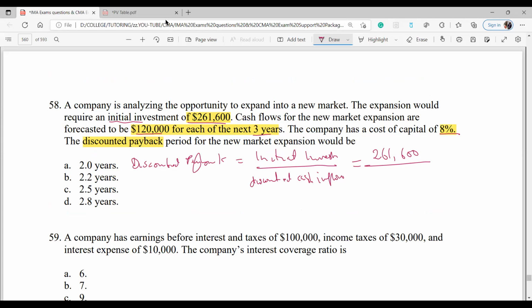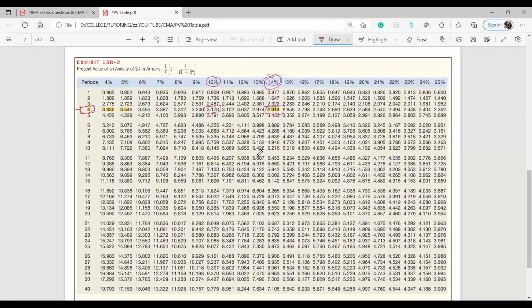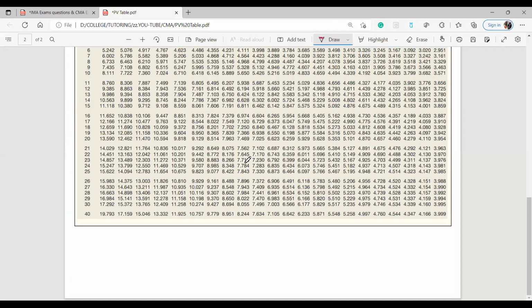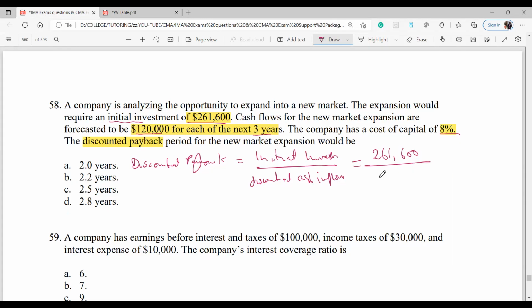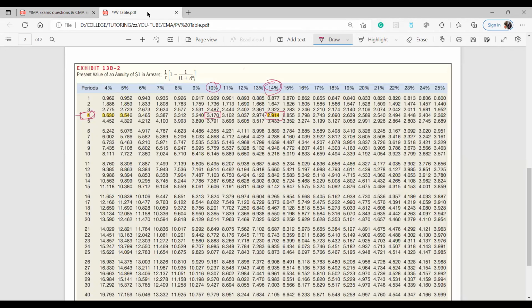So we have a table here, PV table, and PV of annuity. Let's see, so 3 years at 8%. So we are going to have 8% here, and we are going to have 3 years here. All right, so that'll be 2.577. So when we calculate that,